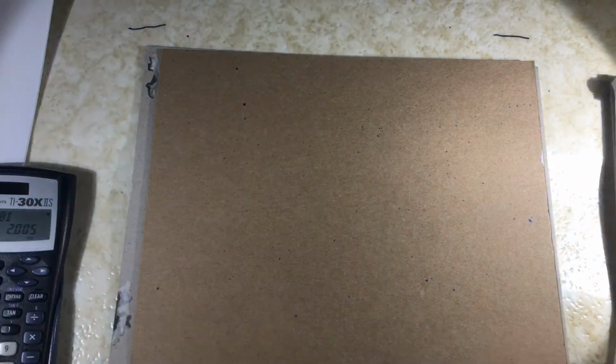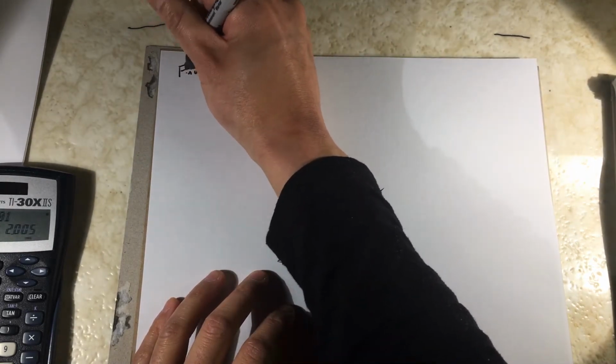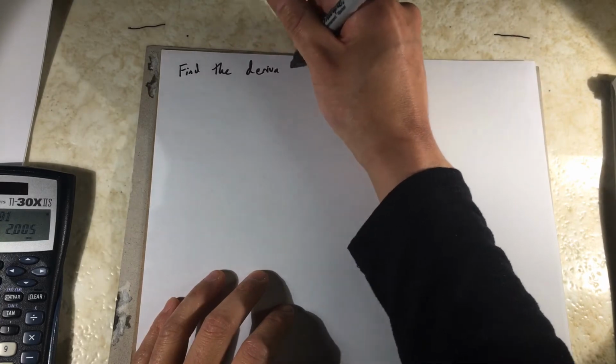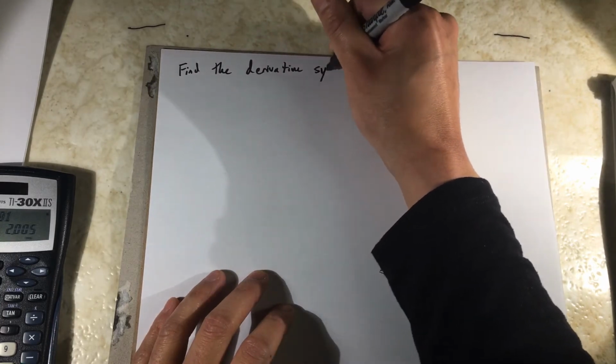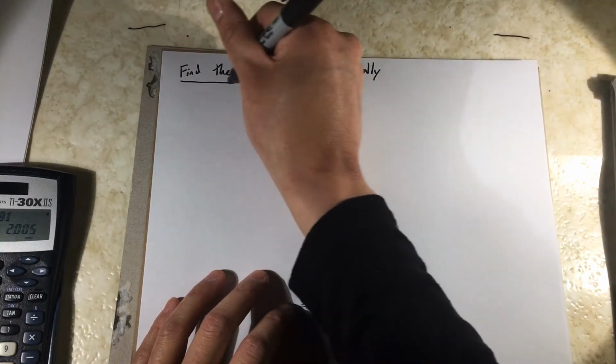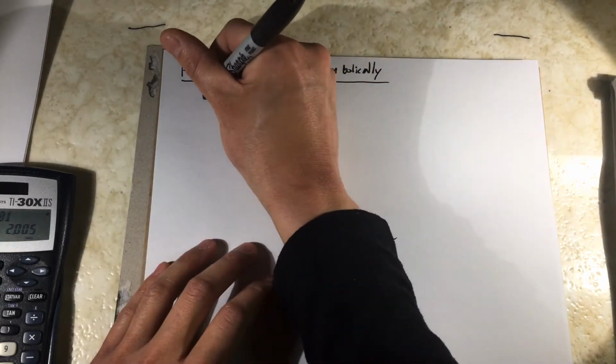All right, so we found the slope of the tangent at one point, but one of the things that is really nice to be able to do is to find the slope at any point. All right, so we're going to find the derivative symbolically. And the idea is that